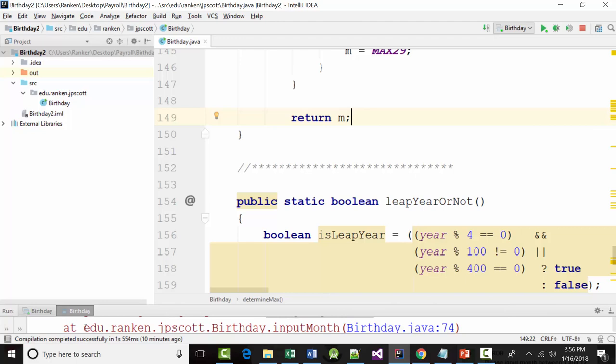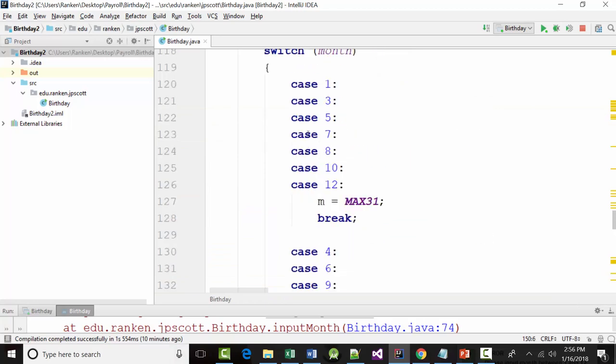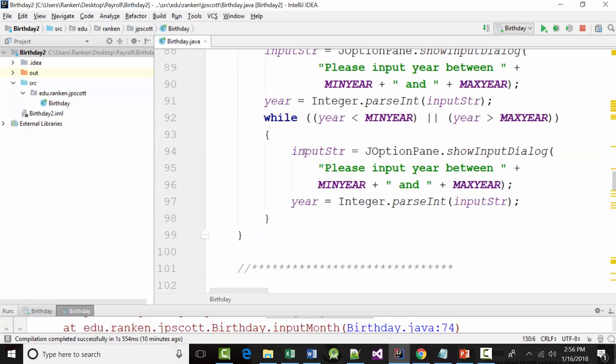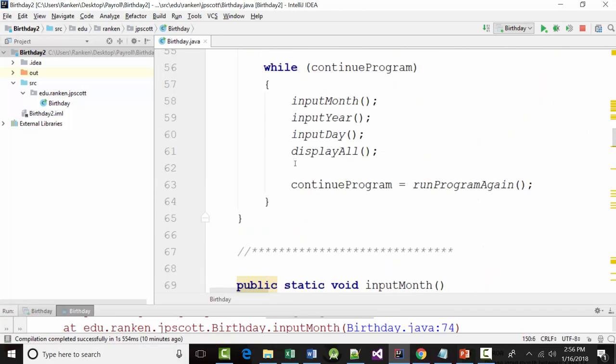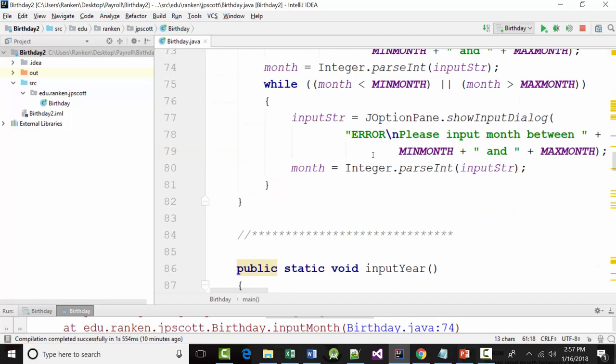Now, is there any more work I have to do? Well, yes. And maybe because I made this harder than I should have, I don't know. But this function right here, this display all, right now I've got it totally set up so it'll display today's date as 1-16-2018. Correct? I've got all that stuff. But I don't have the word January, so to print it the other way. So in my display all routine,